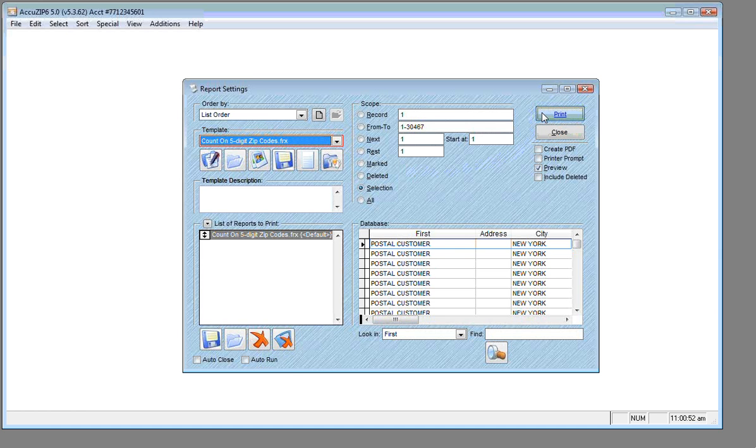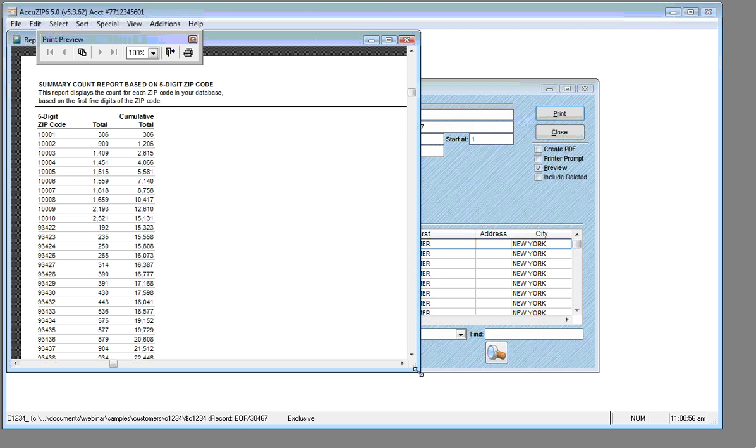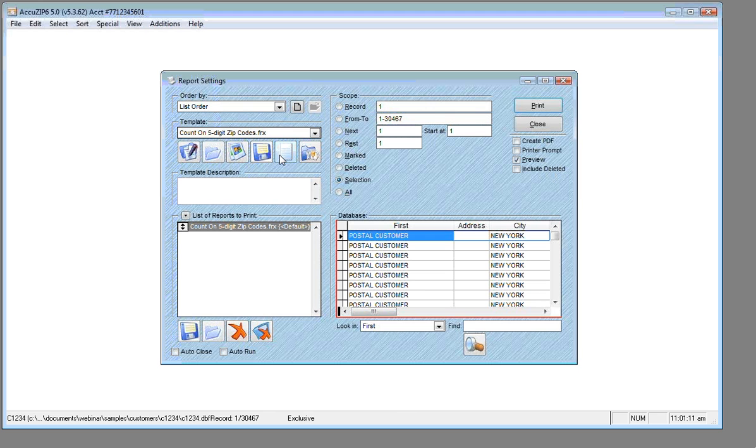So I'm going to go ahead and preview this one just to show you. This is a report that's already inside of Accuzip. It just gives you a simple count by zip code and then a cumulative total. So I'm going to go ahead and close this. You can also create as many reports as you want. You have the report engine here to play with, and where we're going to start is I'm going to click New, create a new report,